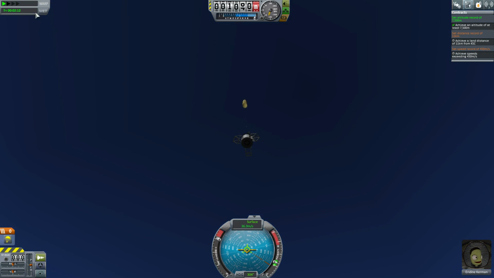Basically, if you use fast forward, you can always tell when you're in physical fast forward because it'll show 4 arrows or 4 triangles instead of 8. 8 triangles is if you're in non-physical warp, and you can do that pretty much safely almost anywhere. But physical time warp, you can...